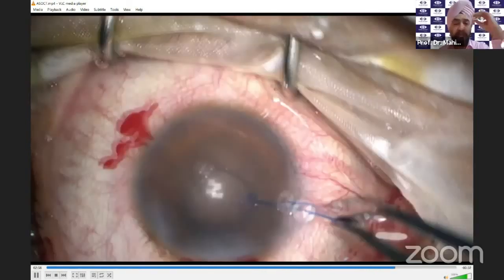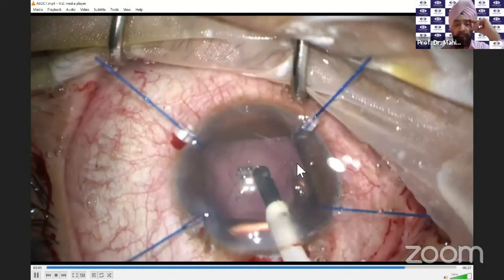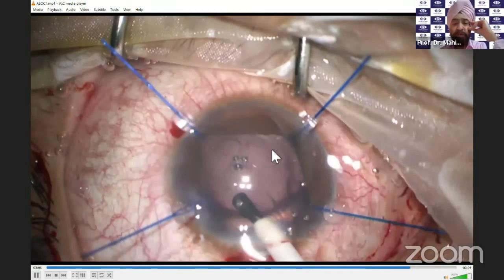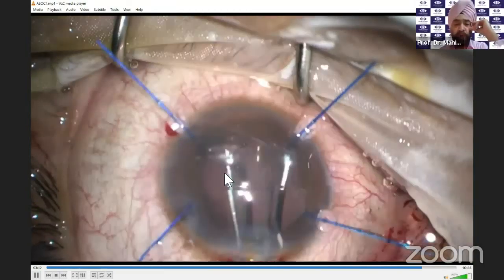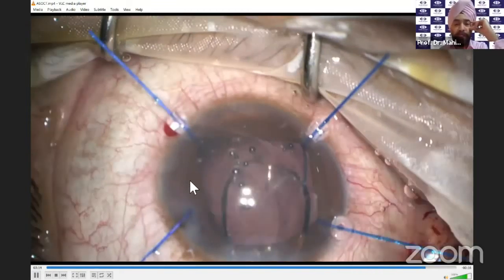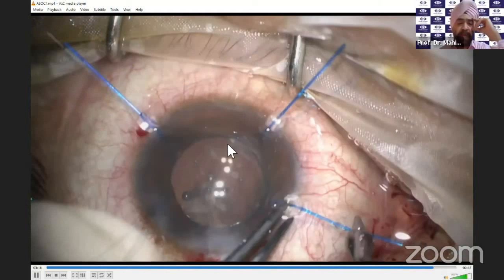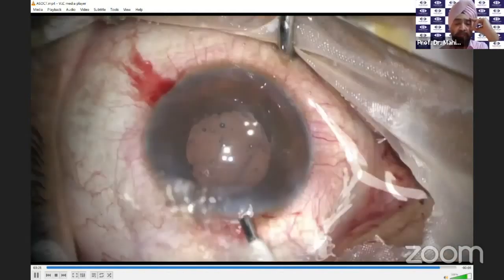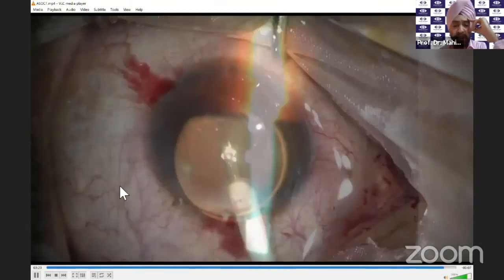And now I am using the iris retractors to actually see the capsular axis. You see, I have a fantastic capsular axis that is here. And I do a vitrectomy. Once I have done a good vitrectomy, cleared up, and it would have been like Mohan didn't use, but I wouldn't say that my patient had a history of glaucoma, but Tricort could have been better, but I didn't have it at that particular time. And you can see that now I have put in a 3-piece lens, which is in the sulcus. And you can see this is the round rexis, and this is the post-op period that is there.